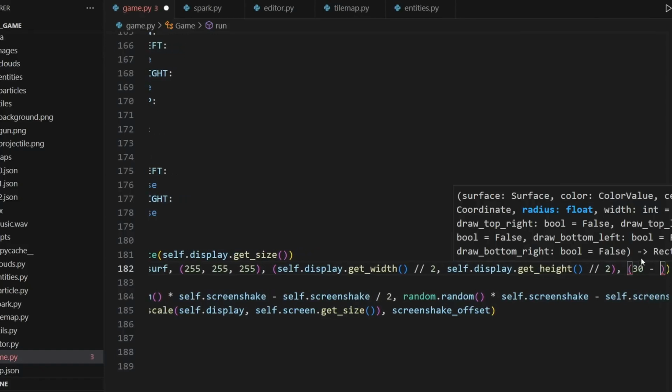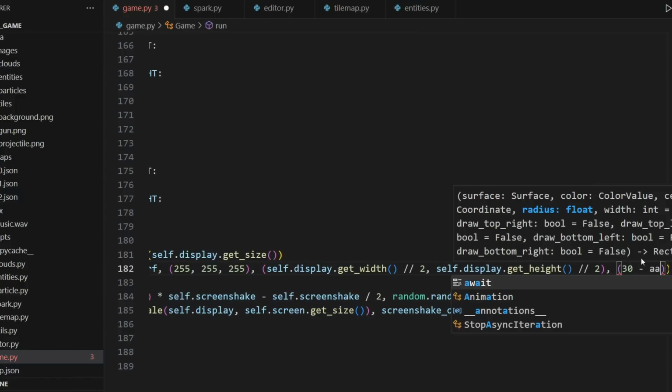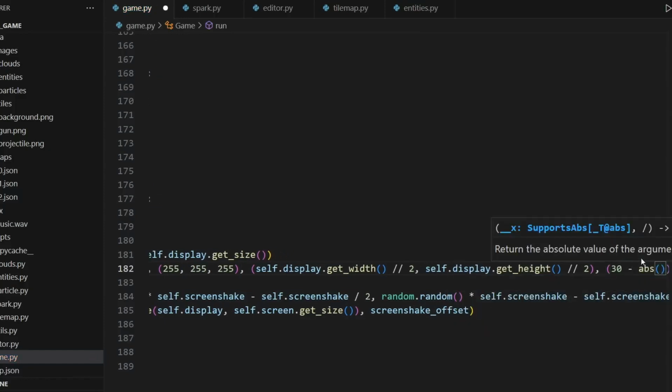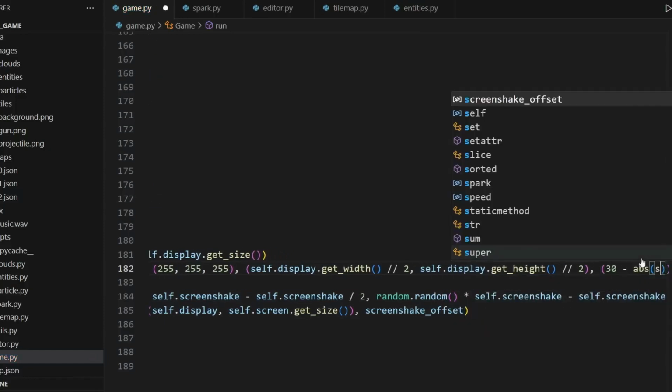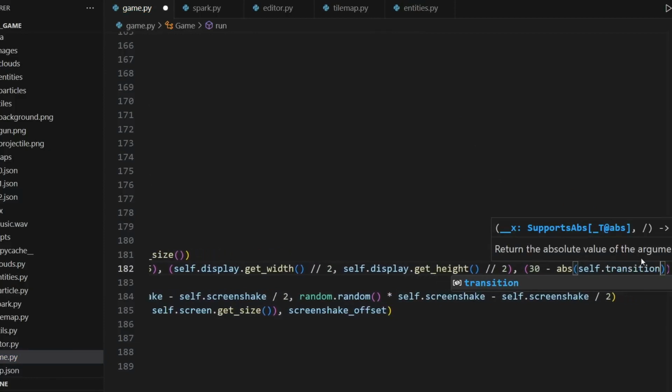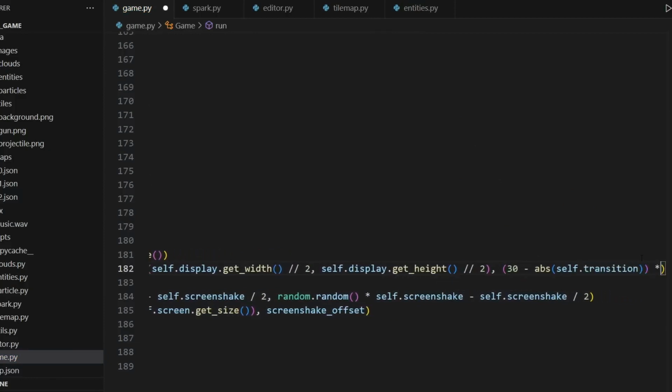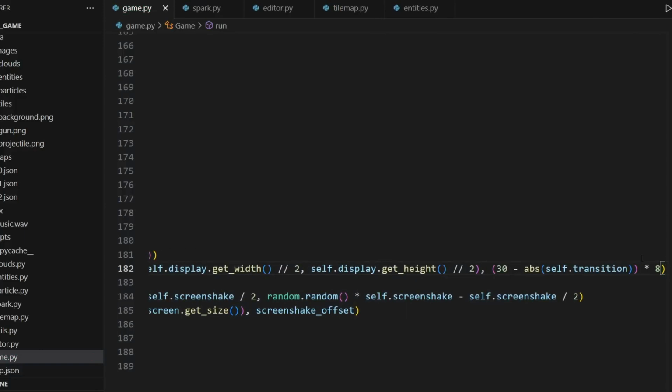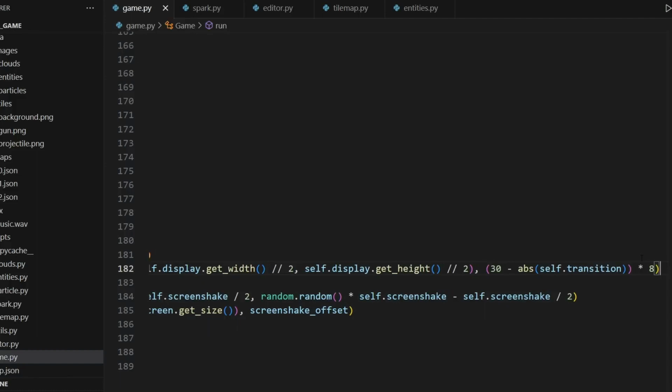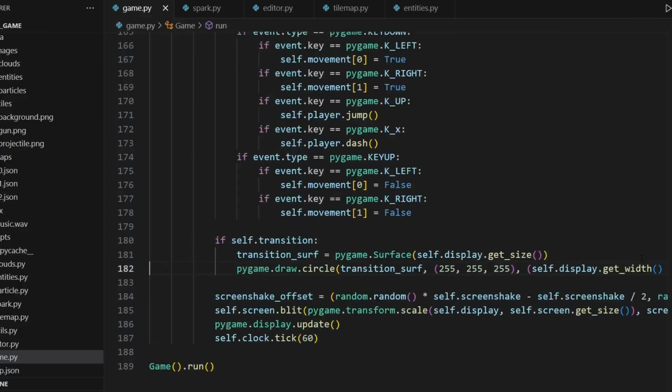We could change this number if we want the transitions to be faster or slower. And then we'll do minus the absolute value. Remember I was talking about the absolute value of the self.transition. And then the trick here is to multiply this by 8. So this comes from the dimensions of the screen, so you can do the math, 30 times 8, and you get 240. So this is just to make sure that the circle can expand to its proper size and everything. So also, if you notice, this is gated behind the self.transition,